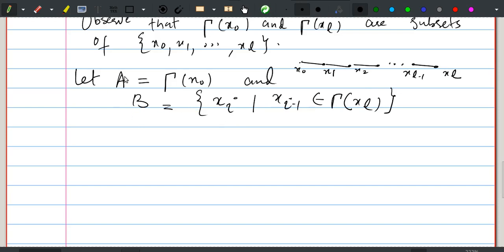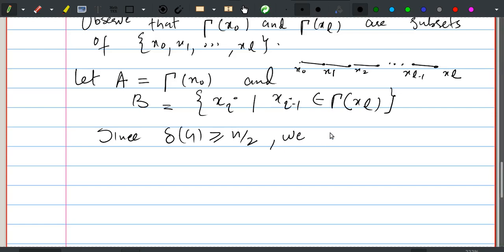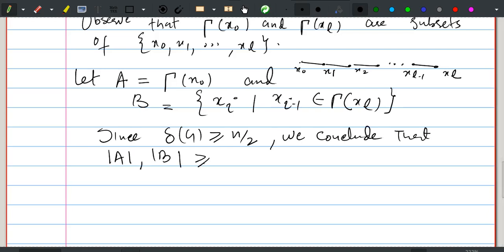So since the minimum degree is bigger or equal to n by 2, we conclude that the size of A and the size of B is at least n by 2. Now we claim that